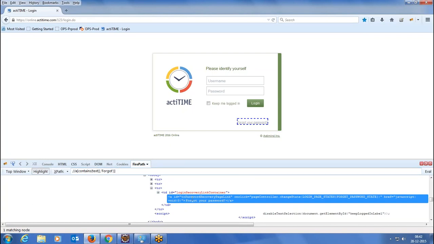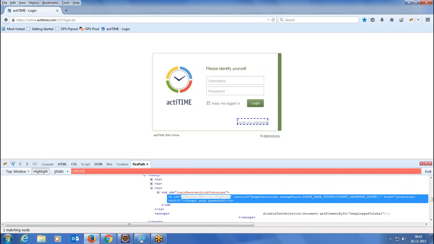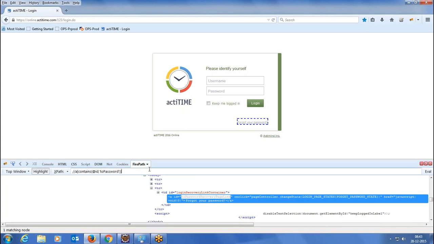And the third approach: sometimes it happens that the ID or the class or the name also keeps on changing. They are also dynamic, not constant. In that case, you say the tag, and the same way, contains. Now in this case, it is an attribute, so that's why I'm using @ here. Wherever there's an attribute, you have to use @. Over here, I'm giving a value of that ID which is constant and not changing dynamically.